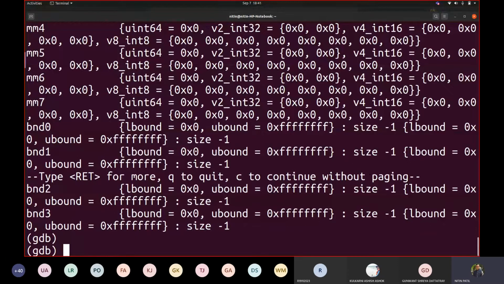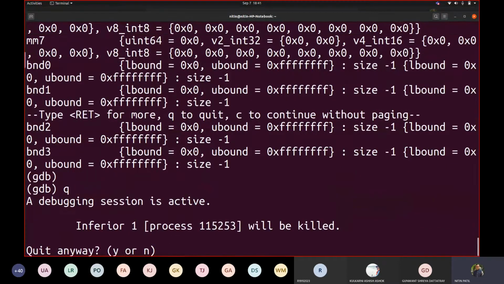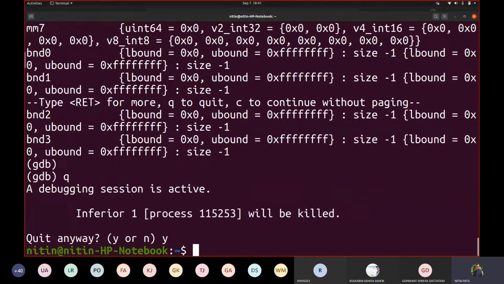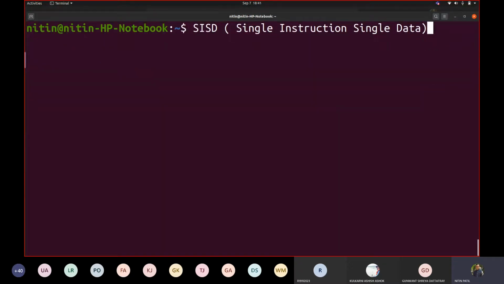So by one instruction, you force every other data element to be affected. There was a concept in between called SIMD. First, what we are going to learn is SISD. You can note it down: single instruction, single data. The code that we are going to write will be based on this SISD form.